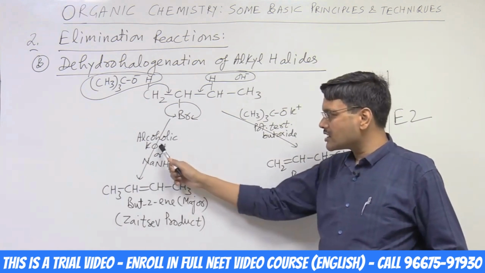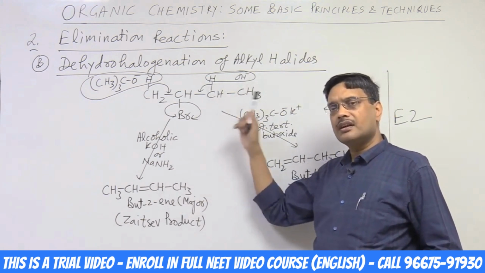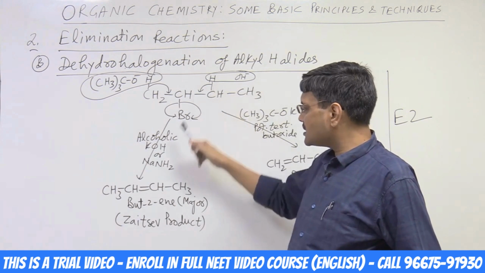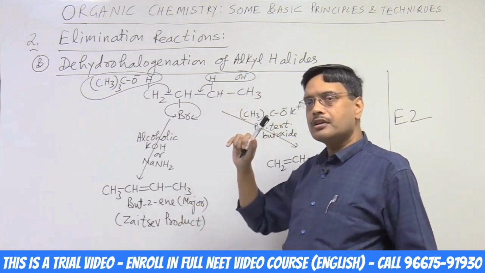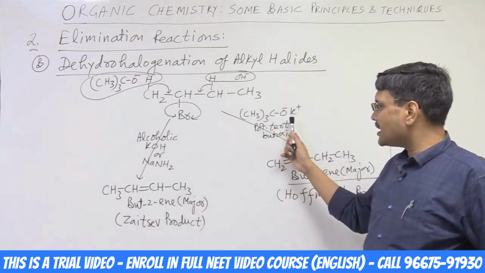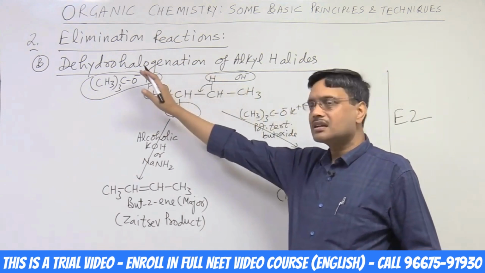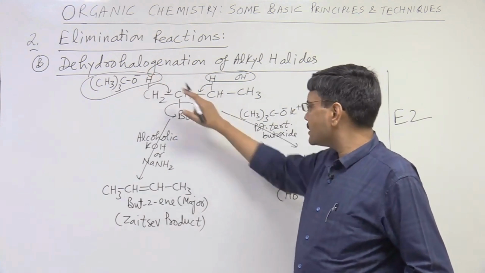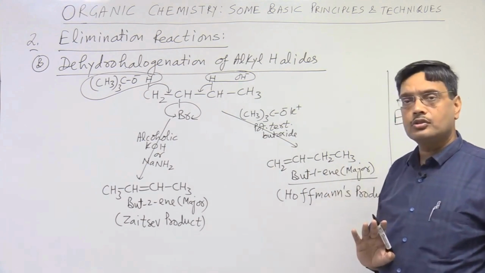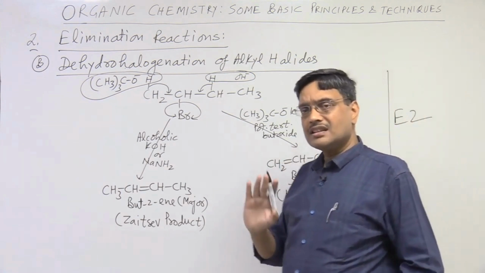So if you use OH minus or NH2 minus, then hydrogen atom is removed from that beta carbon where the number of hydrogen atoms is less. This is the Saytzeff rule, and the product formed is but-2-ene, and this product is according to the Saytzeff rule, so it is known as the Saytzeff product. And in case of butoxide ion, it is a bulky base. It cannot attack in the middle of the chain. It always abstracts hydrogen from the terminal position, and here but-1-ene is formed as the major product, and this is not according to the Saytzeff rule, so this product is known as the Hofmann product. Clear? So this is the E2 mechanism.